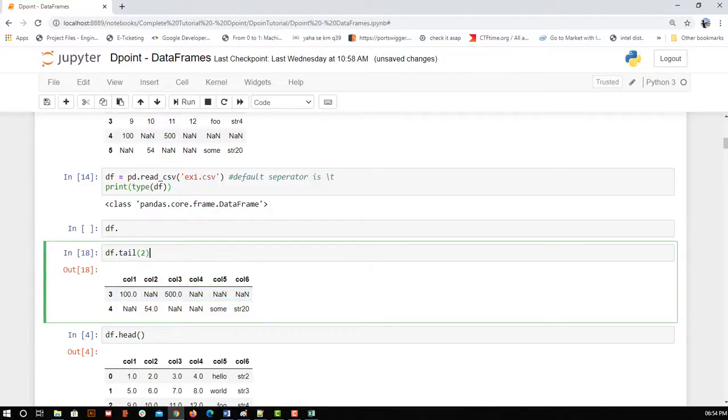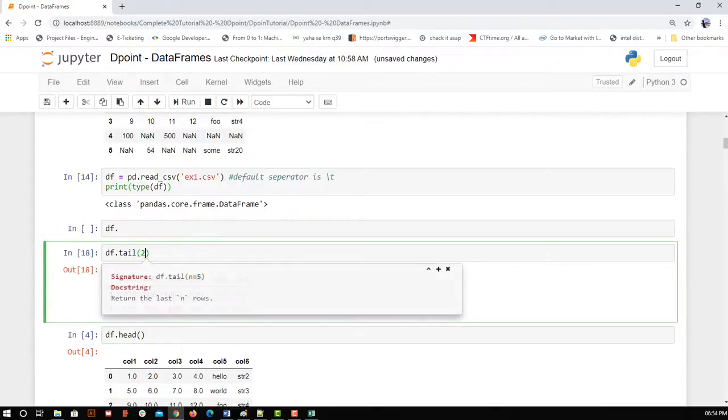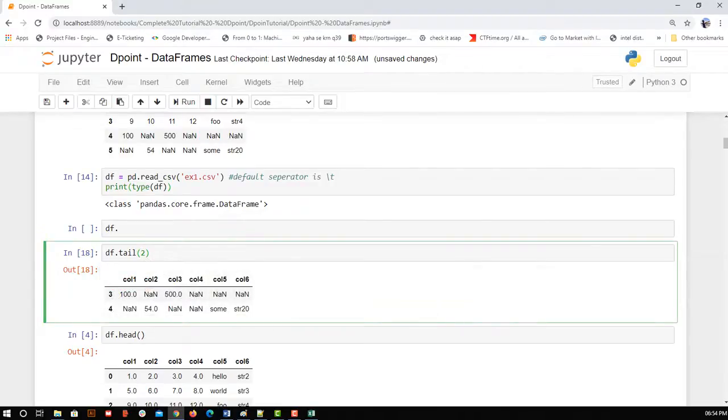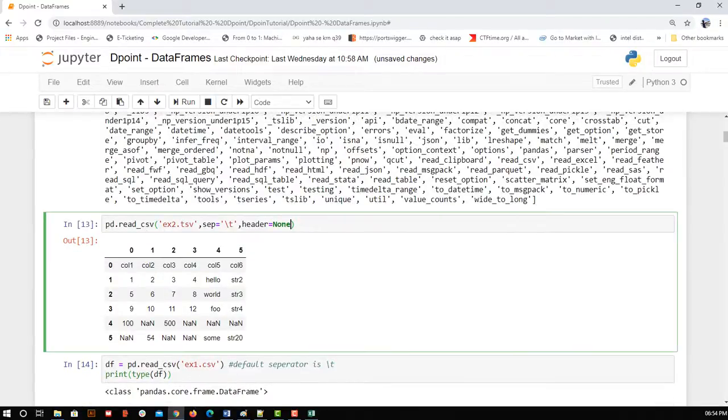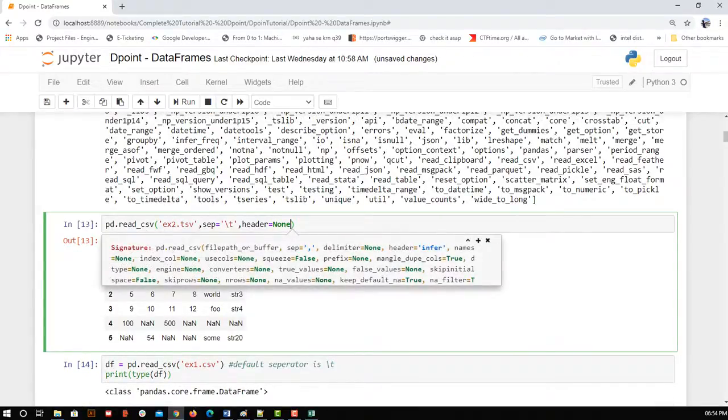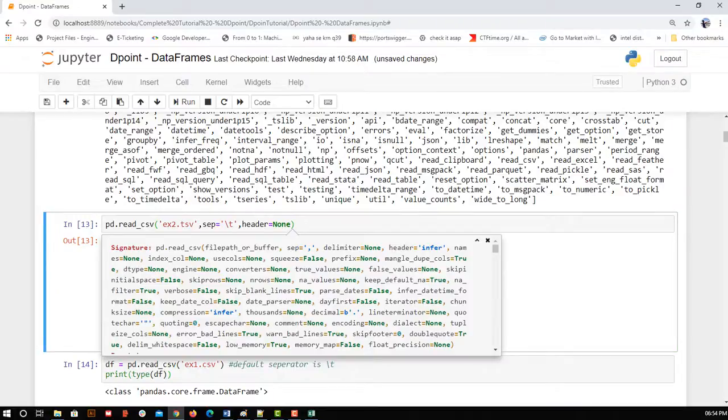Now if I click on shift tab, only one parameter is there and the parameter name is n. So if I am not writing n, how is it recognizing? Suppose we have 100 parameters, and I want to use a parameter that is not in sequence.